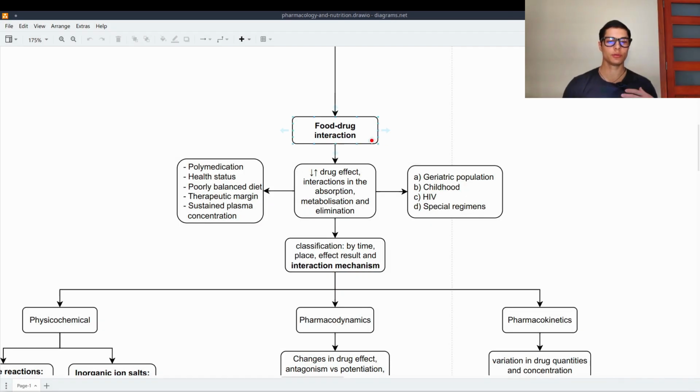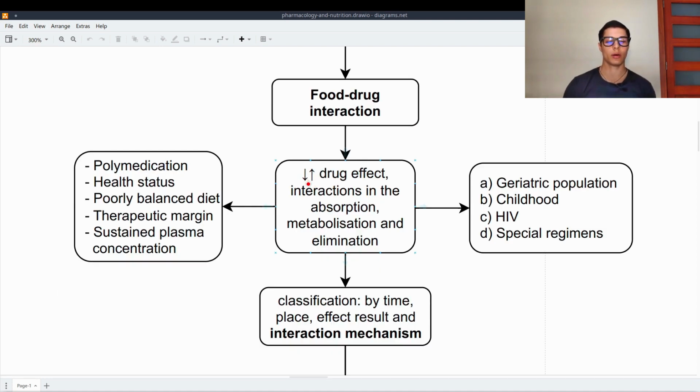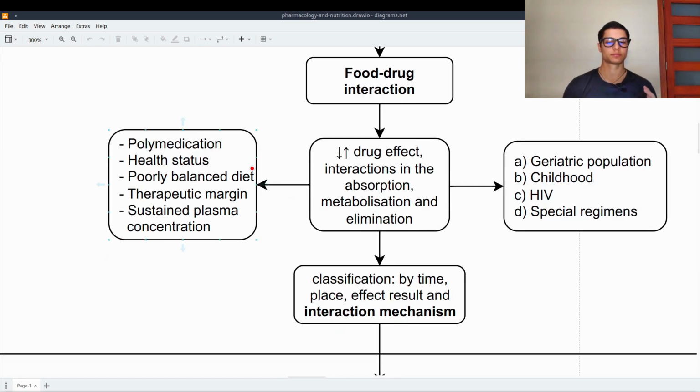So now we talk about food and drug interactions. Food can either lower or heighten the drug effect. Interactions can occur in the absorption, in the metabolization and elimination mainly. We have several aspects to keep in mind, such as polymedication, the health status of the individual, poorly balanced diet,